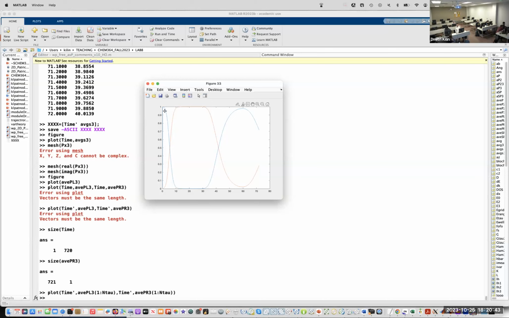So adding them together gives 1. They are opposite, and it shows 100% when the wave packet is on the left part, 50-50 when it crosses the border, and then it switches when it is on the other side. If in the future we use our coordinate not as the position of an electron or the length of a bond, but as a coordinate describing the progress of a chemical reaction, we will use this PL and PR as the yield of the reaction. If the reaction went completely from left to right, it means the reaction has 100% yield.